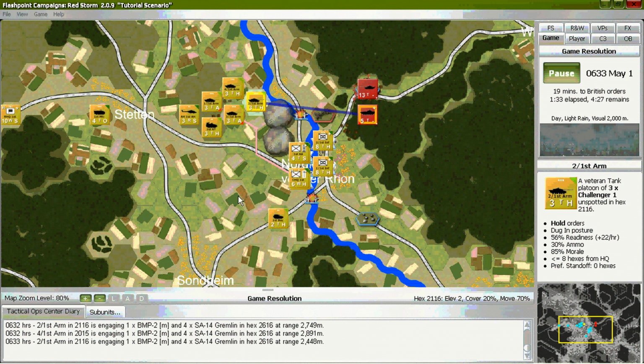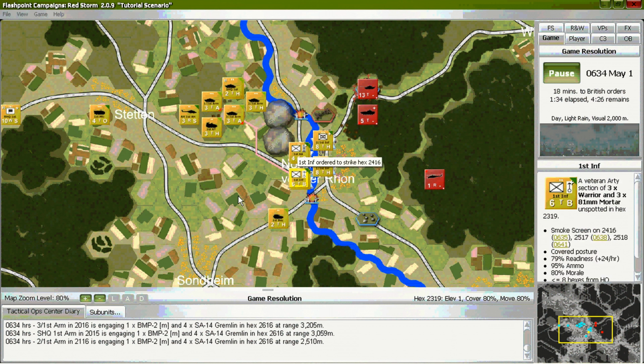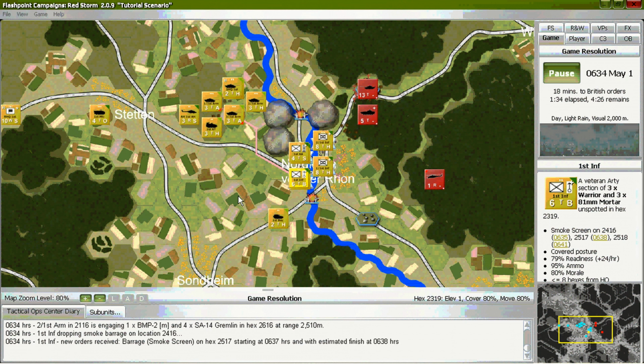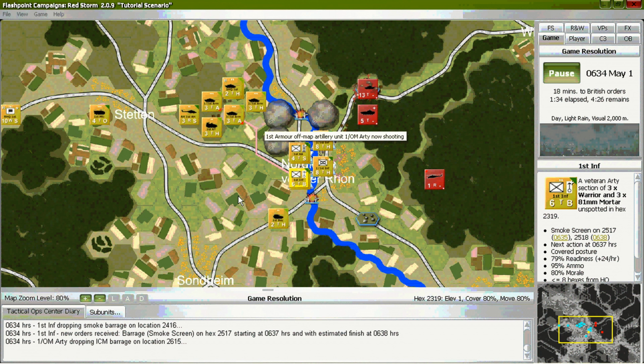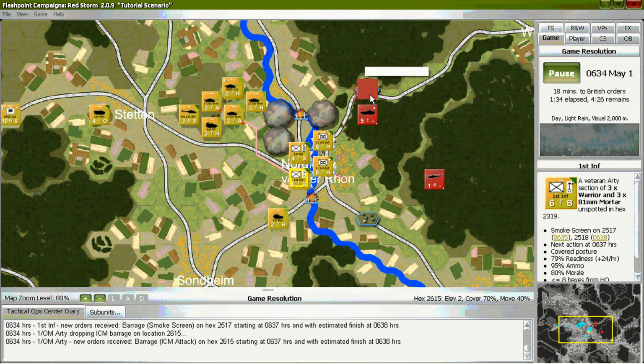Action in the 6th turn, 0630. The improved conventional munition strike decimates the enemy tank company on the obstacle.